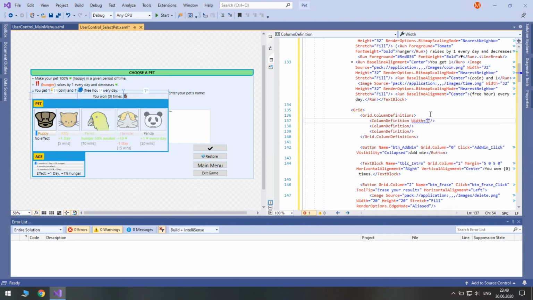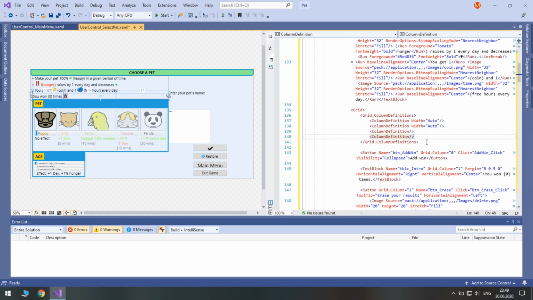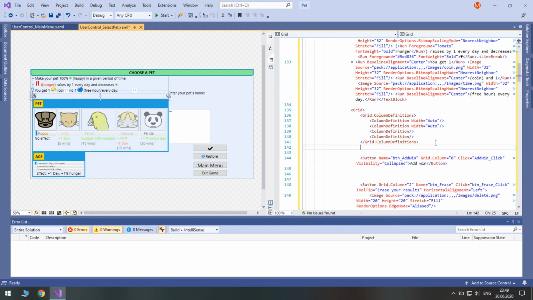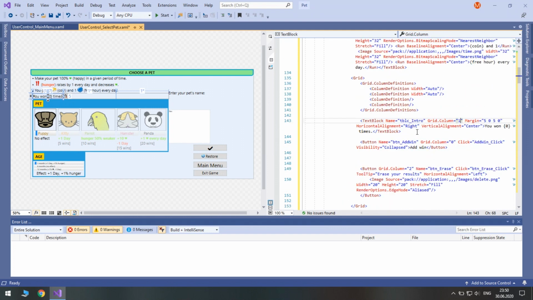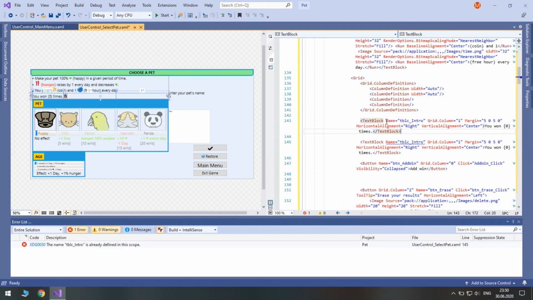The first one will be auto, and the second one too, but the third and the fourth ones should expand. So text block intro will be in the first column, so grid column 1. Because in grid column 0 we will have a text block explaining why we need to win.